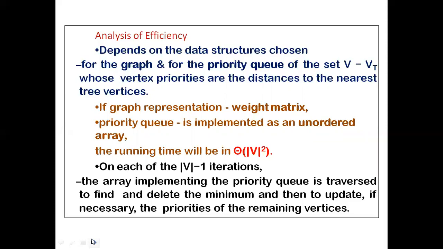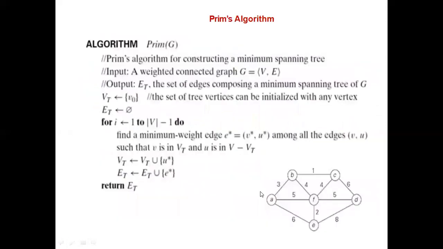In Prim's algorithm, what we have studied is that you select any arbitrary vertex and find out which edge has the minimum weight. That will be the only part of the minimum spanning tree; the remaining are not part of the minimum spanning tree yet. Find out the minimum weight from this and add that edge. Now A and B are part of the minimum spanning tree. With respect to A and B, you check which is the minimum edge connecting to the remaining part of the graph, and you add that edge.